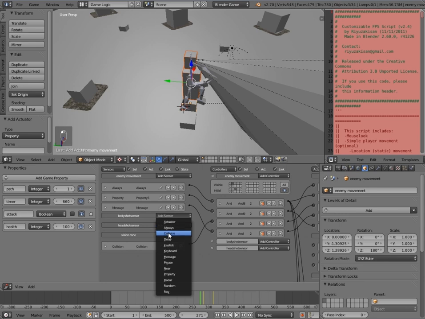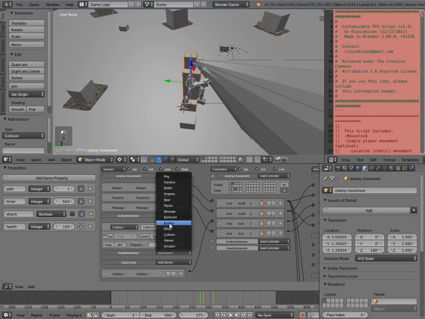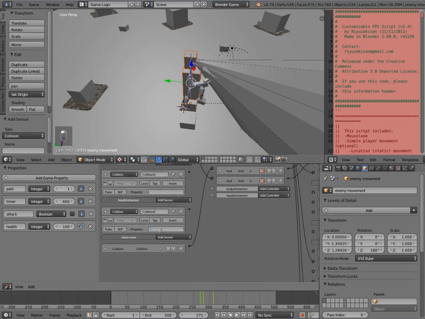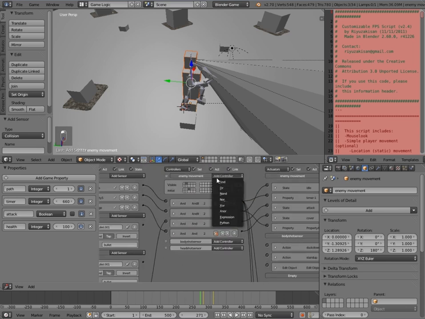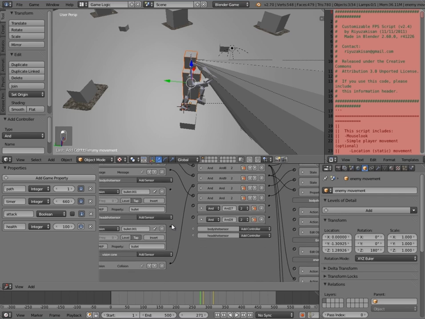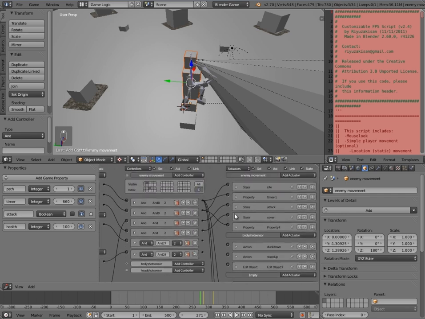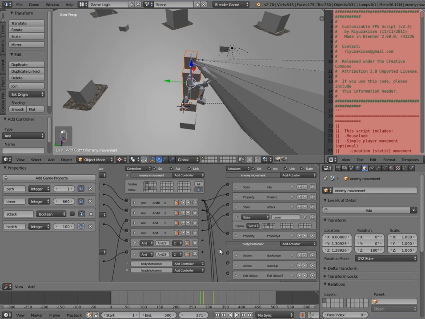So collision on this one, collision on this one here, and again for bullet, you can call it bullet again if you like, but it'll rename it, which doesn't really matter. This should be for bullet as well. It's going to be tap for both of them, and again two AND controllers, join both of them to it like that. And if we look at our states, state 3, it's setting it, so join them both to state